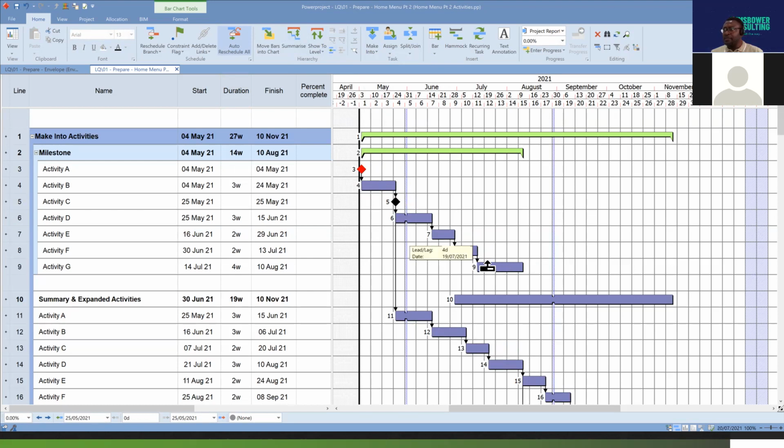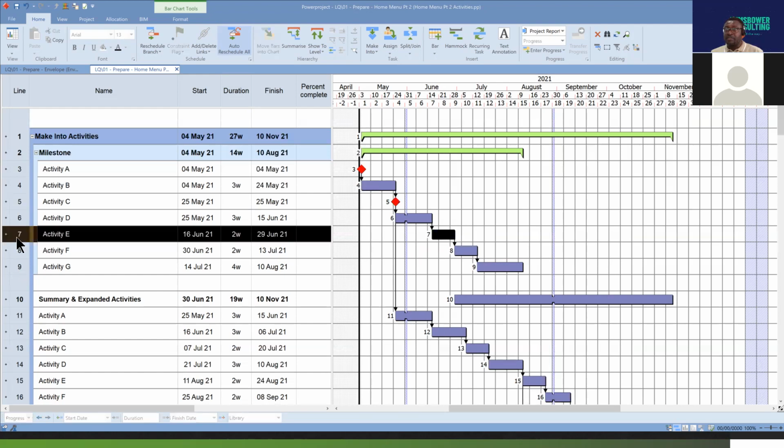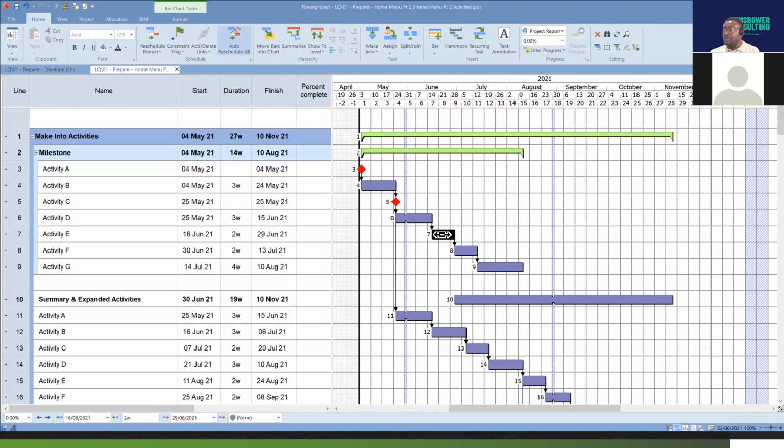Now let's look at a finish milestone. A finish milestone assumes the finish date of its predecessor. So it's just the reverse basically, and assumes the date of the previous working day of its predecessor. So let's use activities E and G, which is line 7 and 9, for instance, to demonstrate. So if I make this a finish milestone, and I make this a finish milestone,